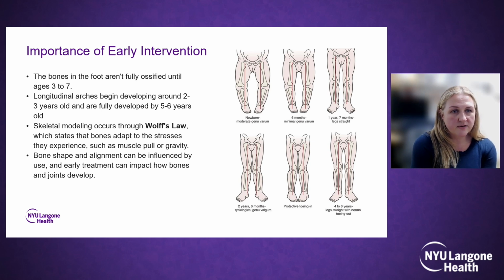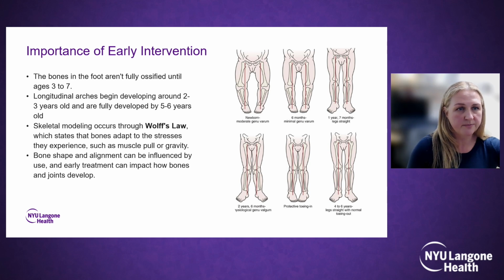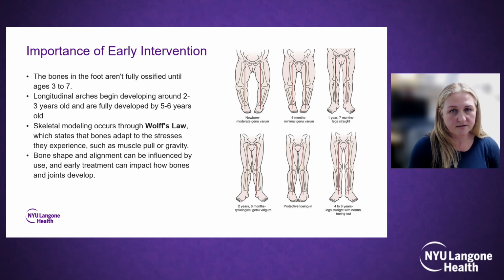So the importance of early intervention. The structure and the function of the mature movement system will be impacted by movement experiences during development. So you're still having bones that are not ossified yet. They don't have arches until about fully 5 to 6 years old. And the skeletal modeling occurs through Wolff's law, which is stating that the bones adapt to the stresses that they